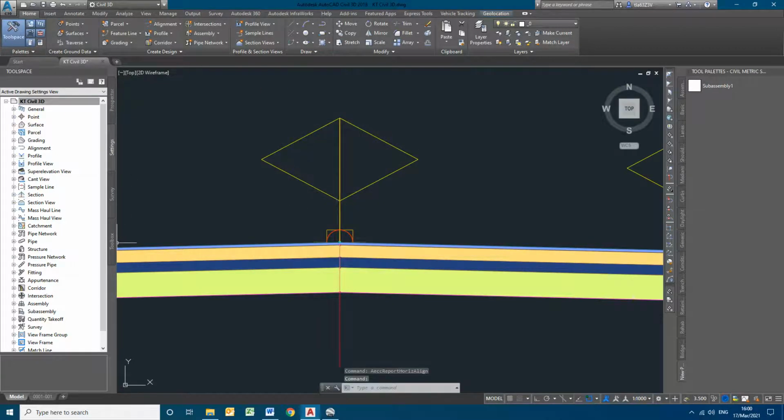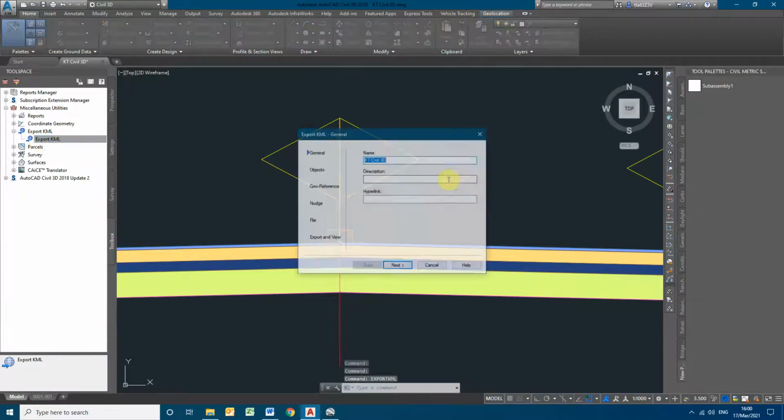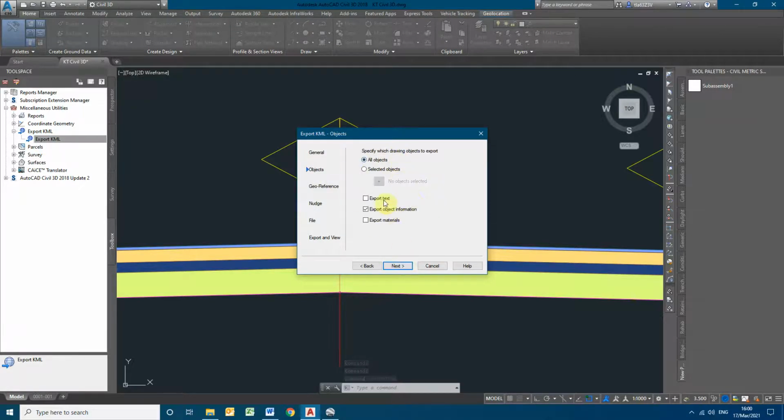So the coordinate system is fixed. Now I will be going again into the toolbox, export KML, execute. Here the name, next objects. I want everything, all the objects. And the third one is georeferencing, the coordinate system that we already defined. Here you can see in the settings what we had defined, it will be showing here. Next I want everything draped onto the ground. The location where to save this file can be anywhere. And after that, clicking on export.